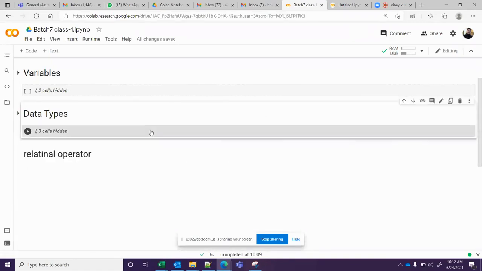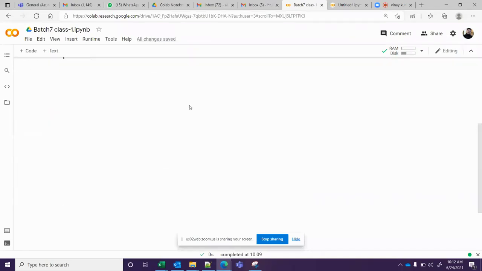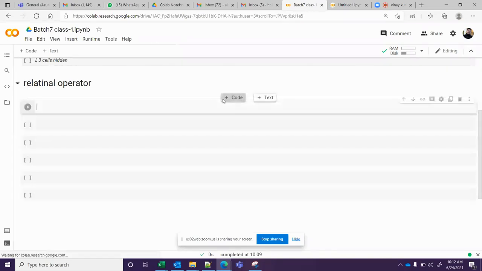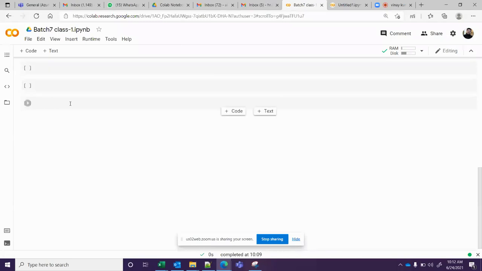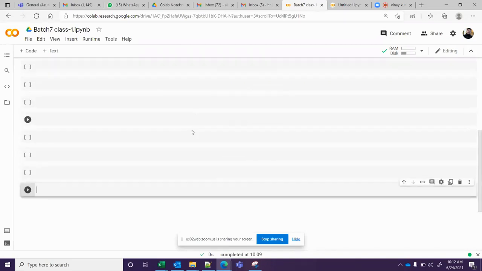So you guys are not finding any difficulty operating this editor. If you want to add more cells, come here and you get the option here. See, it will add more cells. If you want to delete, you have a delete option here. You want to move arrows here. So we have to explore a bit of it.